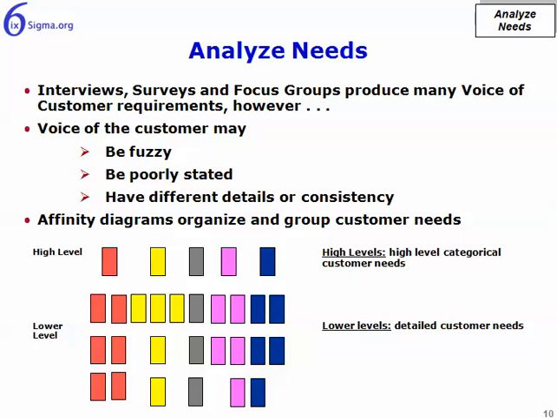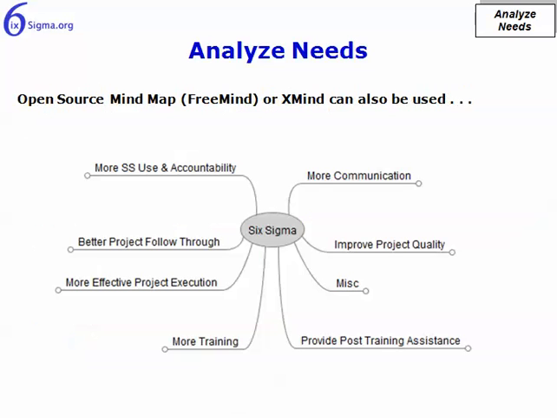If you wanted to do it with sticky notes on a whiteboard or a wall or somewhere, that works great. You're able to move things around and logically categorize things. If you want to make it portable so you can send it around the organization, then you may need software. And I would recommend two software. One is FreeMind from the folks at MindMap, or the other one is XMind. Either one, they're both freeware, or I think you can buy upgraded versions, but the free version is very, very